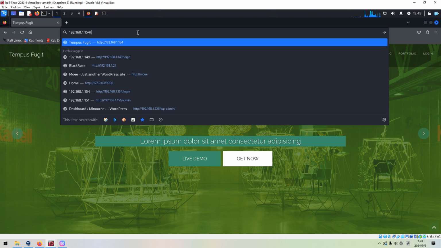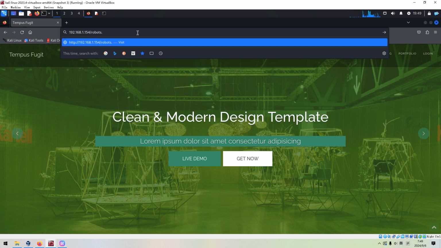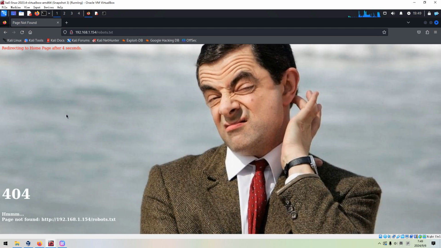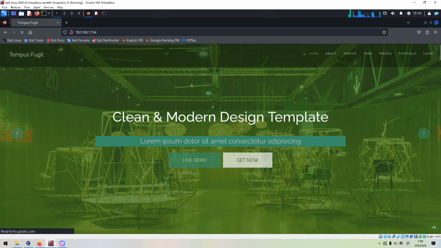But for now, I just want to check whether the target has a robots file or not. If you notice at the bottom, something is a bit weird. Normally, we do not see such information. The robots. So what we input will be printed back to the screen.